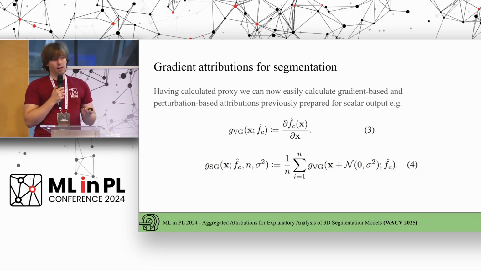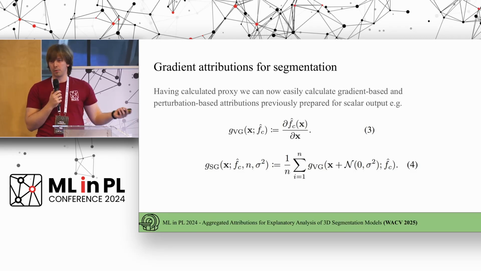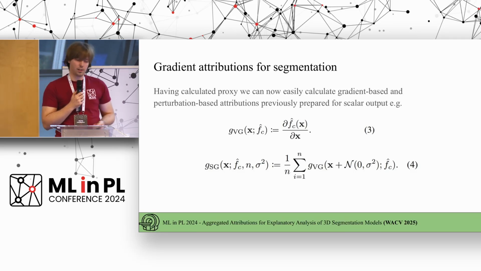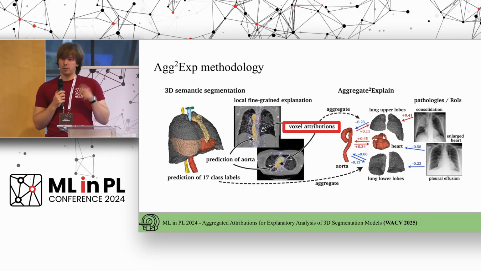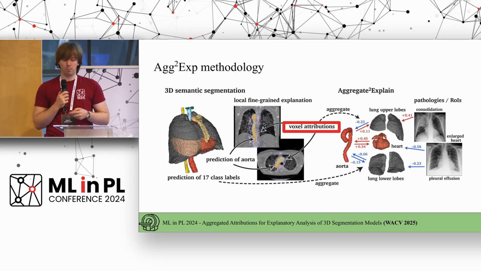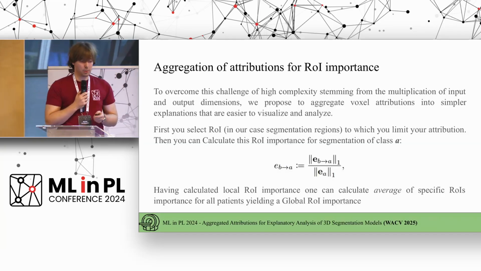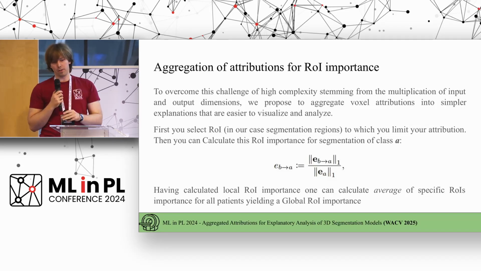After calculating this proxy f hat, you simply do the same as you were doing for classification tasks. So that's really straightforward to calculate. Now we have these voxel attributions for the segmentation task, but we want to know how to aggregate them later. To aggregate them, we create aggregations for regions of interest, and these regions of interest can be even prepared